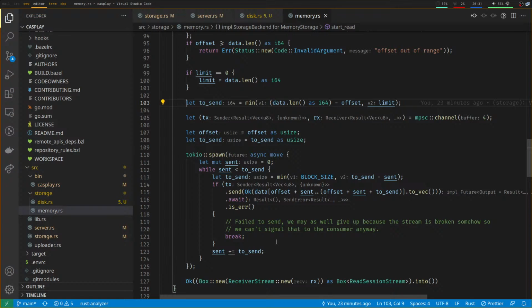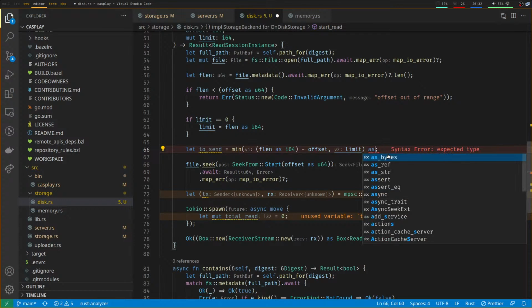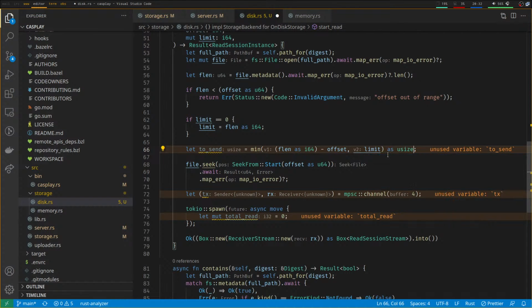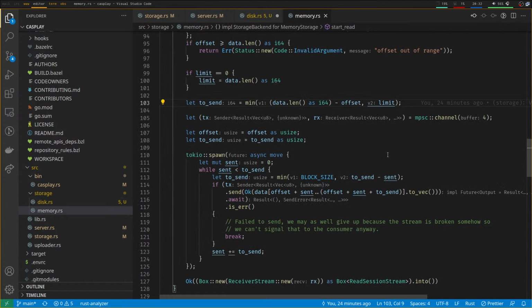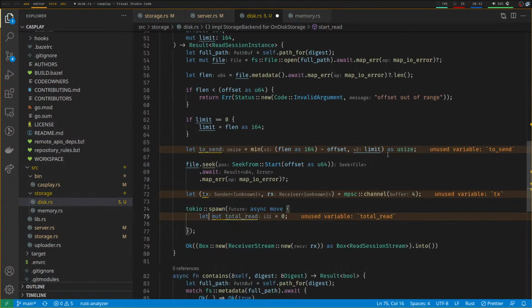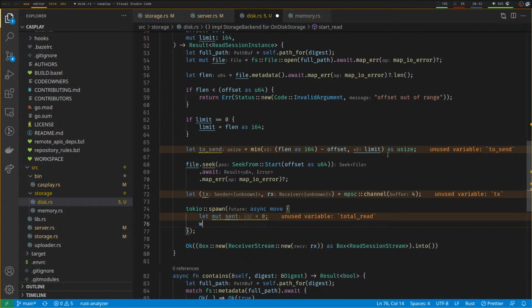Essentially, we want to do this chunk of stuff here, except we need to read the data. So the final thing we want to do is get that as a usize, and we're good. So we have our channel, we've done our seek, we have our total read, and let's call that sent actually, because then the code looks pretty similar. While sent is less than toSend,